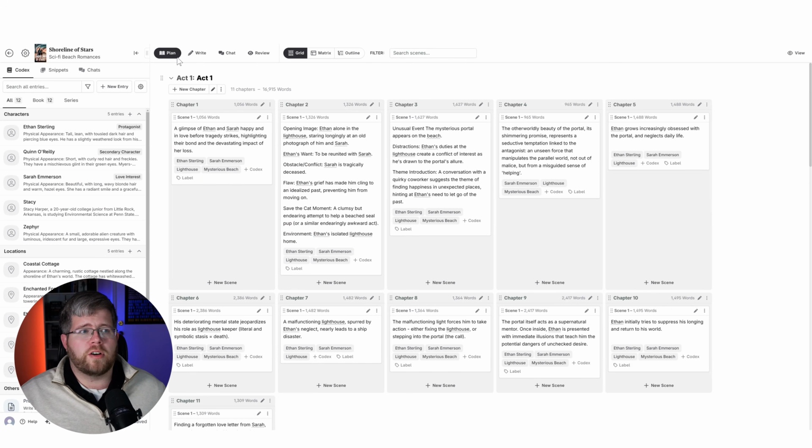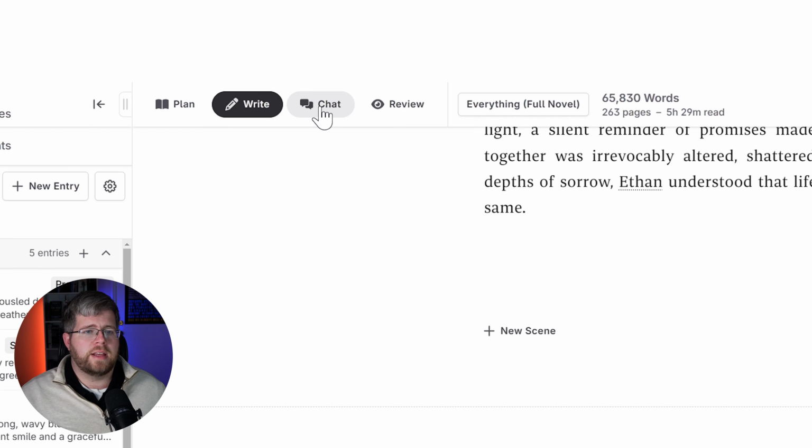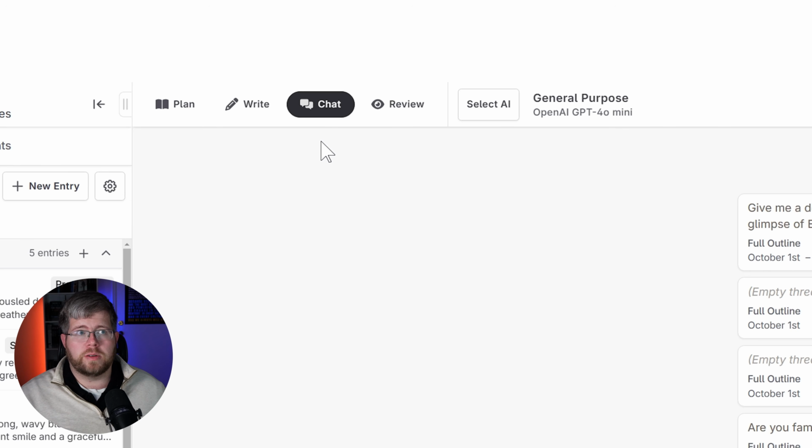So when I'm in NovelCrafter, you have a bunch of options here. You can see plan, you can write, you have a chat feature, which is similar to having its own chatbot. So theoretically, you could have all of your words here just right inside of the chatbot rather than using a different chat instead. You're still paying for those words as you go. So I generally recommend having one of each. There's just a simplicity to a chatbot that you don't get with this version of the chat, but it's useful to have because you can pull in information from your book.